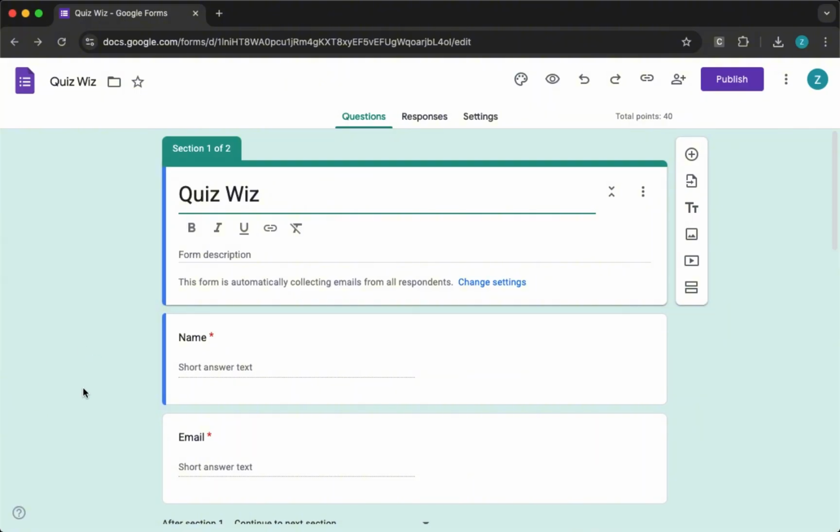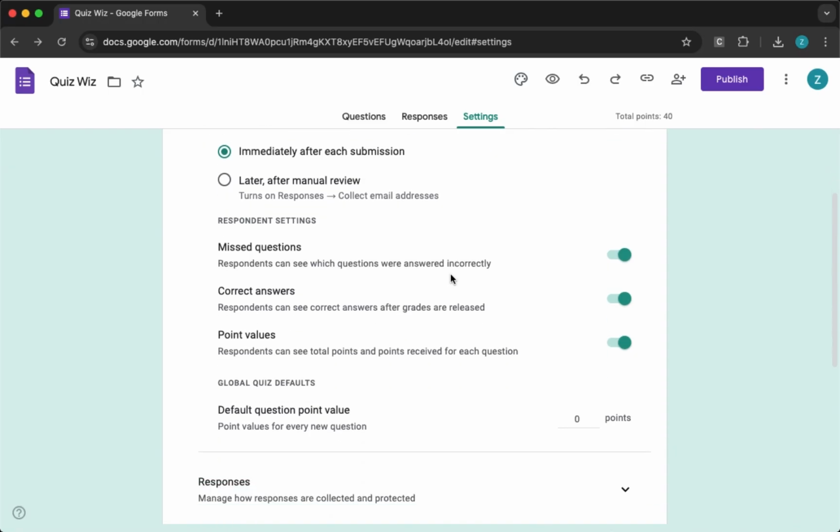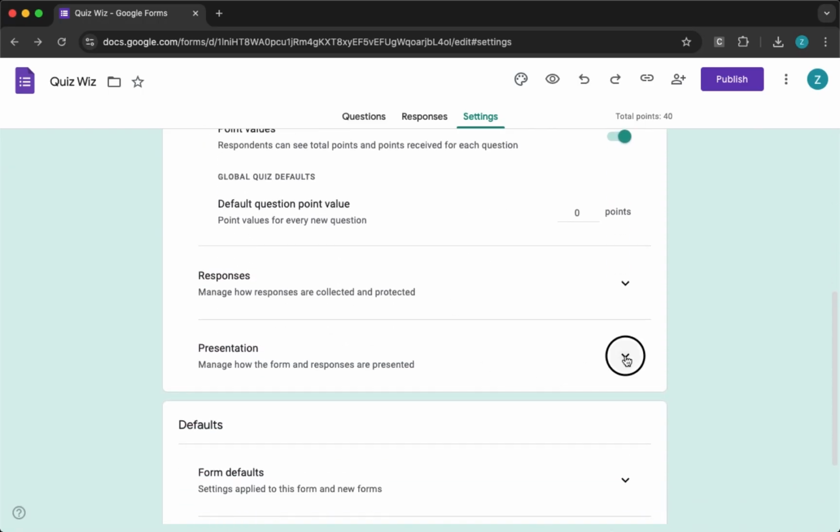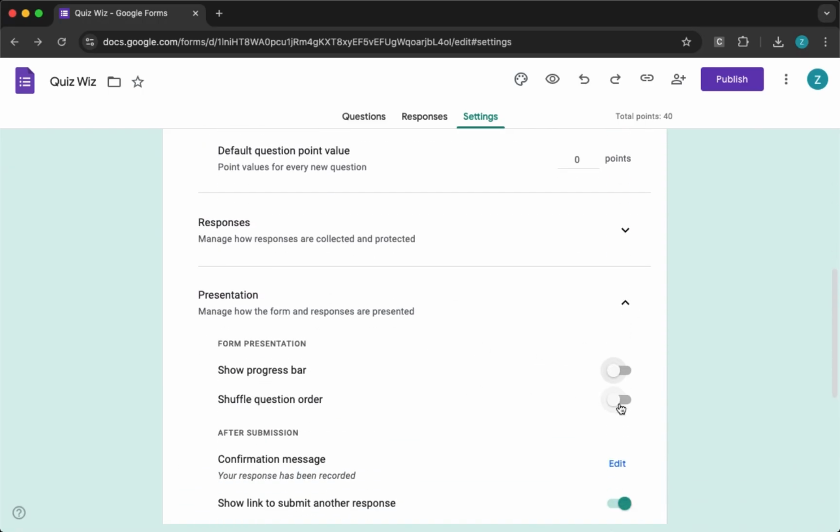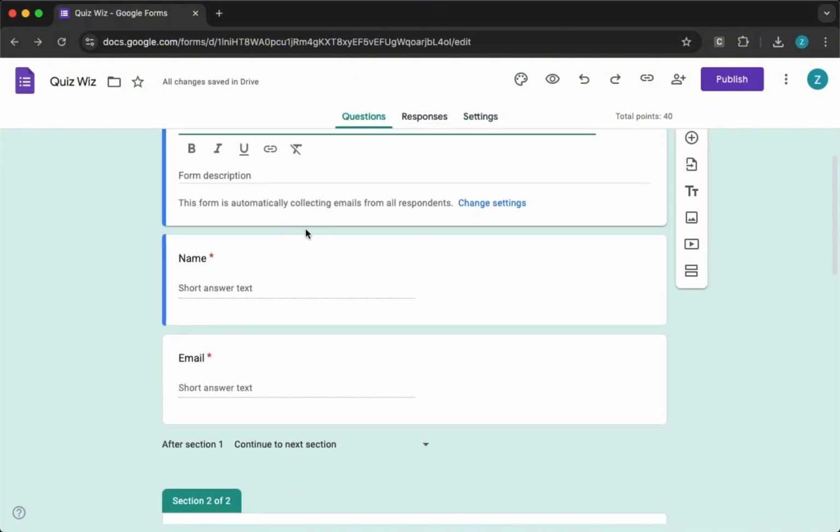First, open your Google Form and click on the Settings tab at the top. Scroll down until you find the Presentation section. Here, you'll see an option called Shuffle Question Order. Simply toggle this button on, and now every time someone fills out your form, the questions will appear in a